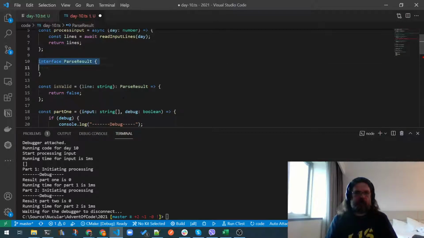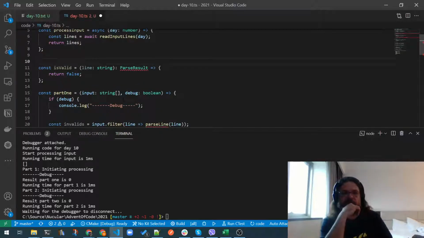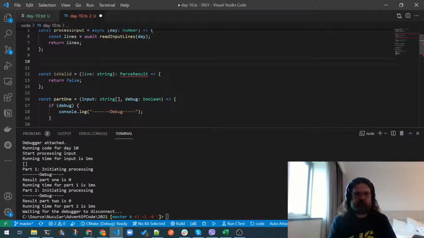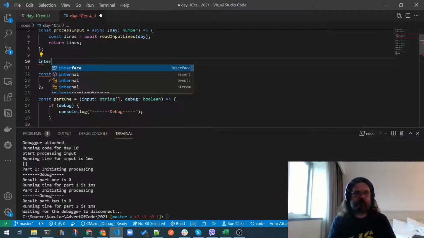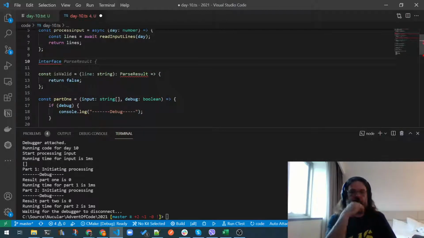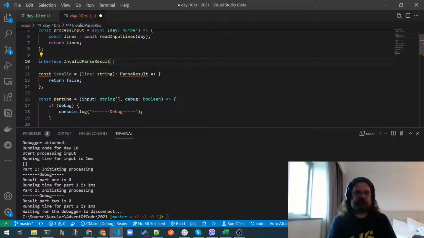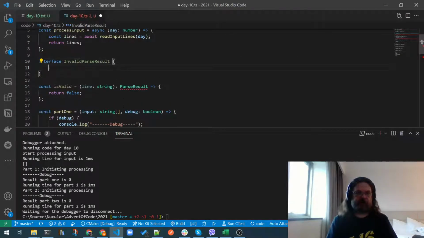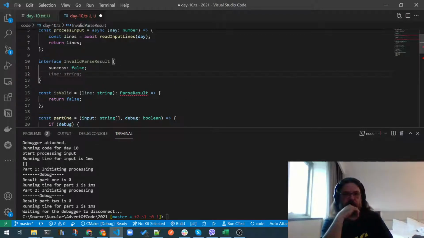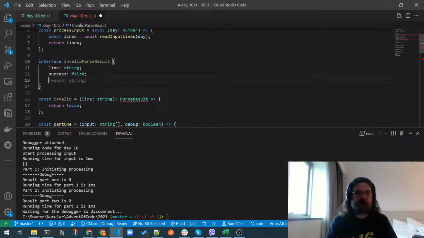What I'm gonna do right here is use a trick I use often, so I'm gonna have a few results. This will be an invalid parse result, and an invalid parse result basically has success false. So yeah, we can have the line string anywhere,